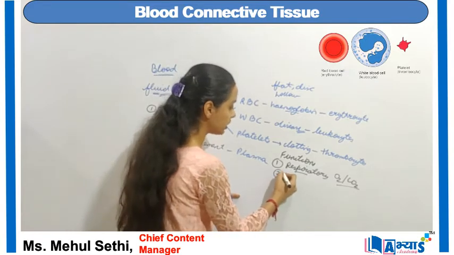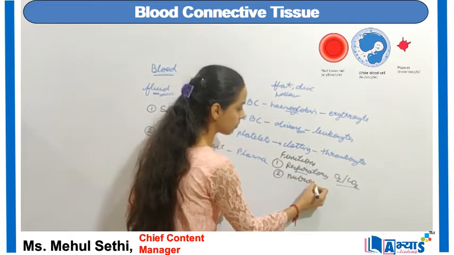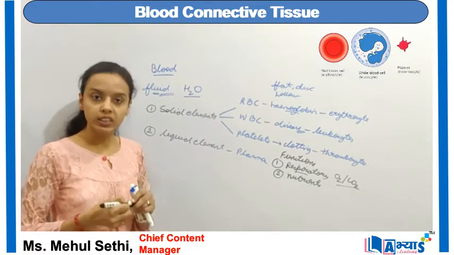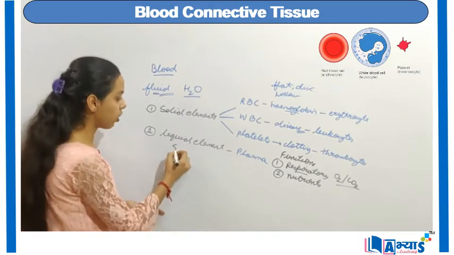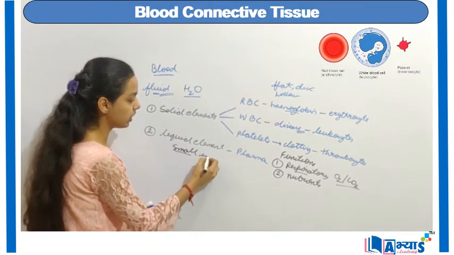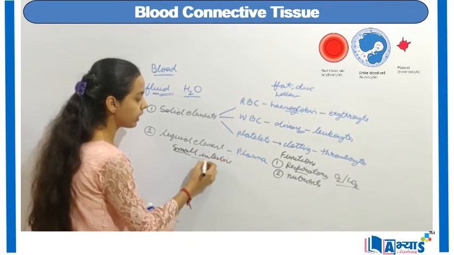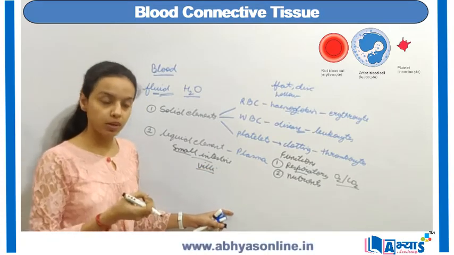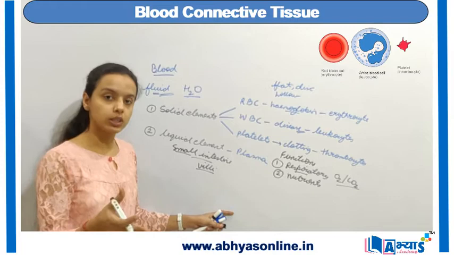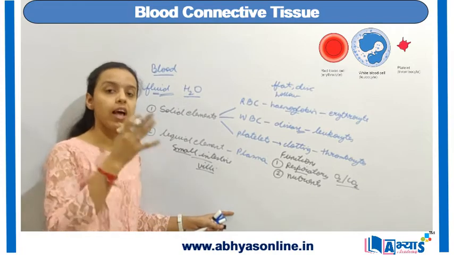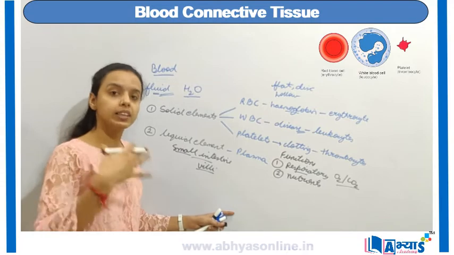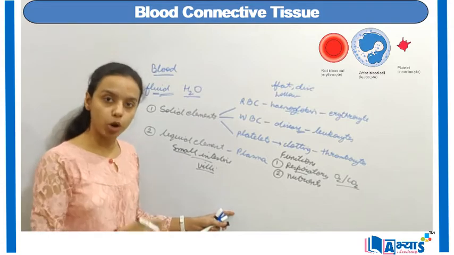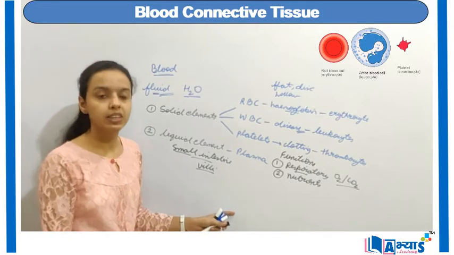The second important function is the transportation of various nutrients. When you eat food, the food has certain basic nutrients, and the small intestine has villi. Basically, the organ which does the absorption is the small intestine. Villi absorb all the nutrients from the food, and all these nutrients are transported from the villi to the blood vessels. When the blood vessels flow throughout your body, they give these nutrients to the cell, and the cell will get energy. This is how nutrient absorption and nutrient transportation is done.